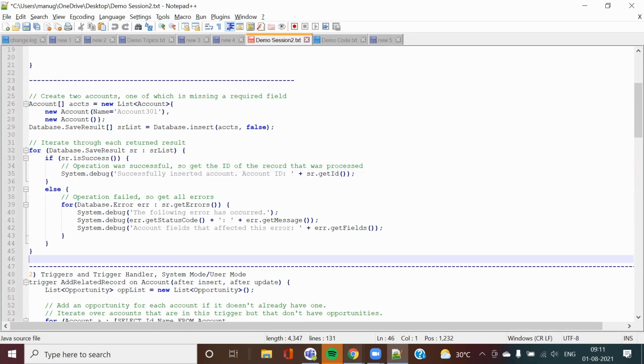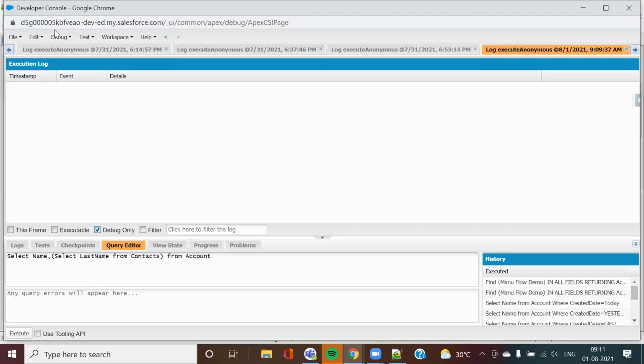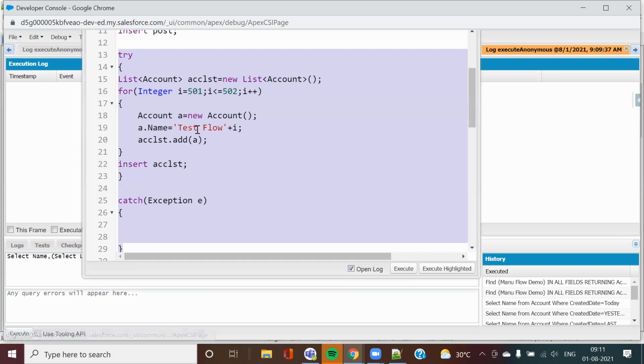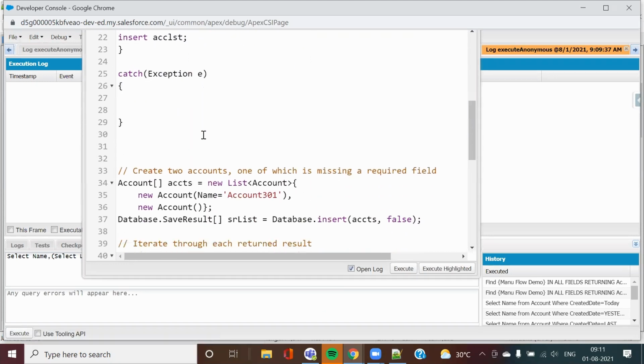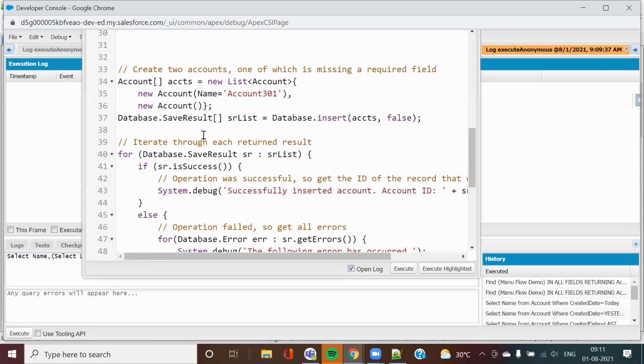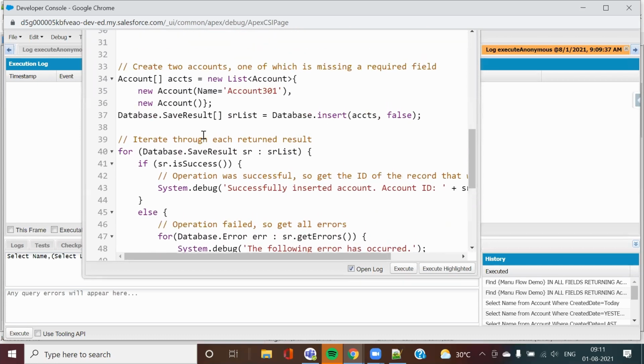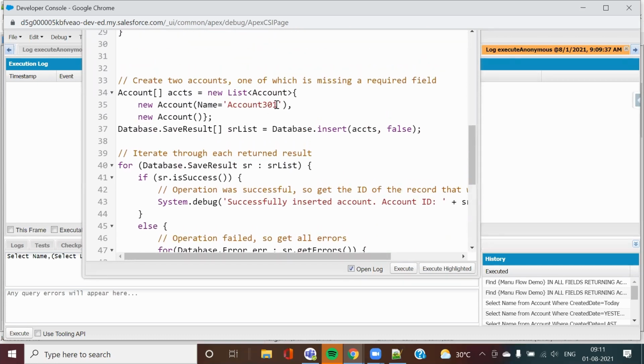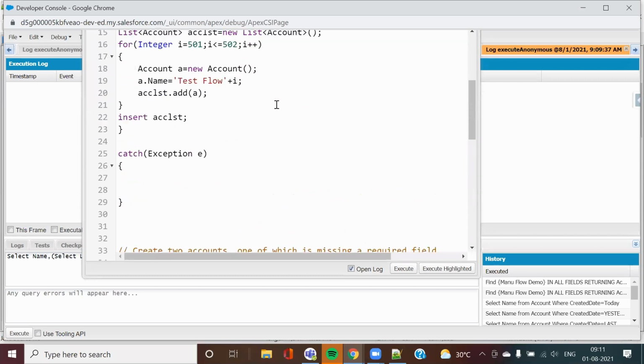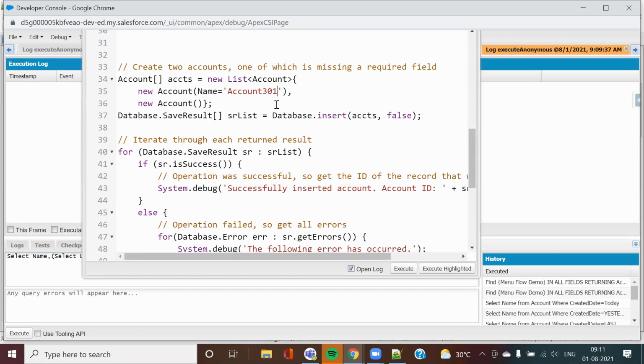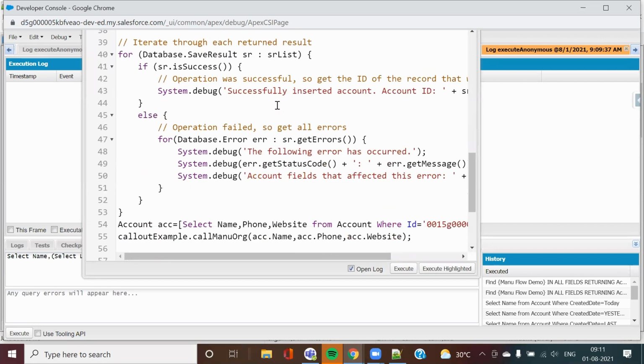I believe it's already copied here. Yeah, it's already here. So we will try to make it 503 for our easy continuation.